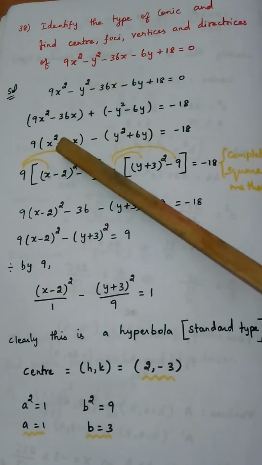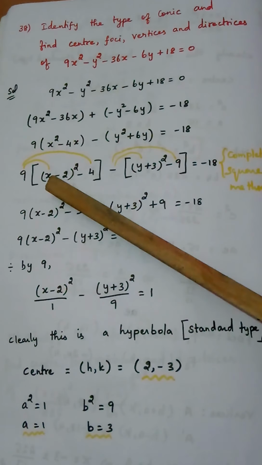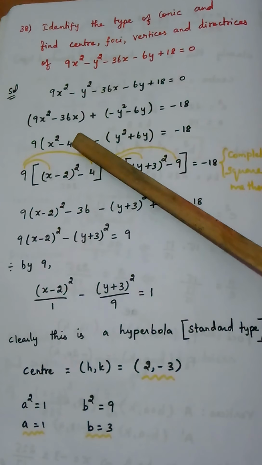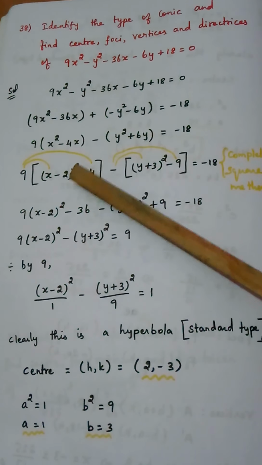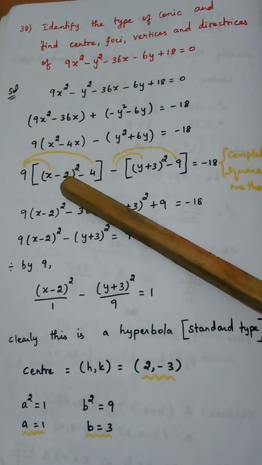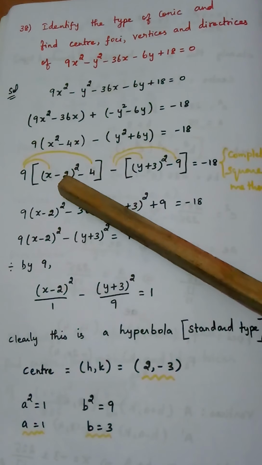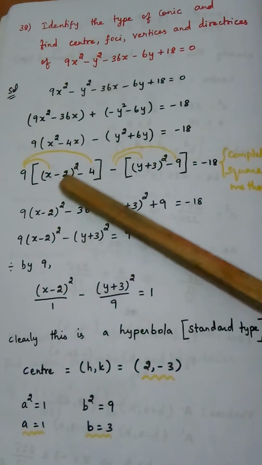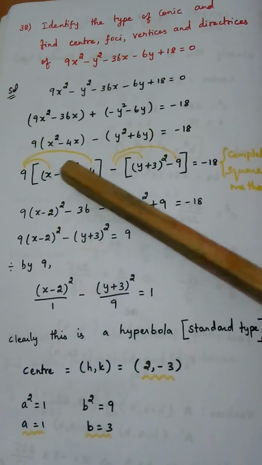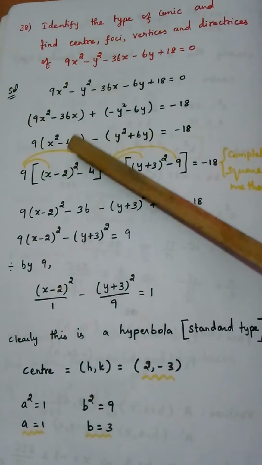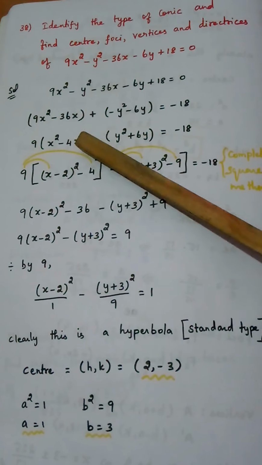What is meant by the completing square method? If x square is there, put x. Whatever symbol is here, put the same symbol. See the number here and take half of it. 4 means 2, and complete the square, that is put the whole square. Then what number have we used here? 2. Square it, it becomes 4. So that 4 you subtract here, minus 4. If 3 is here, I should put minus 9. If 5 is here, I should put minus 25. If 10 is here, I should write minus 100, like that. So this is nothing but applying the completing square method.